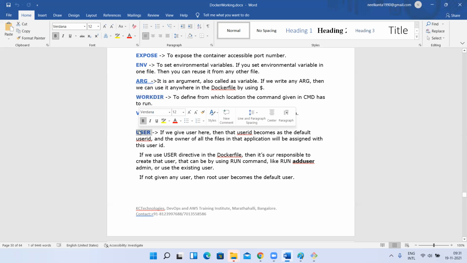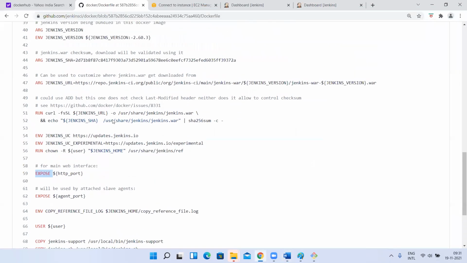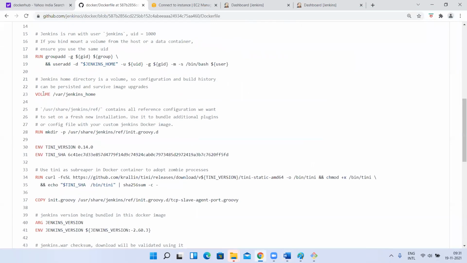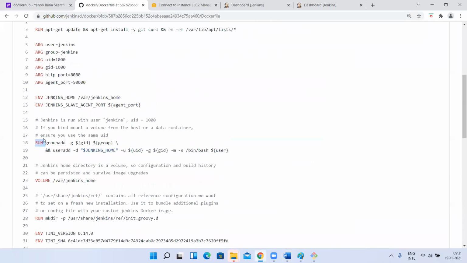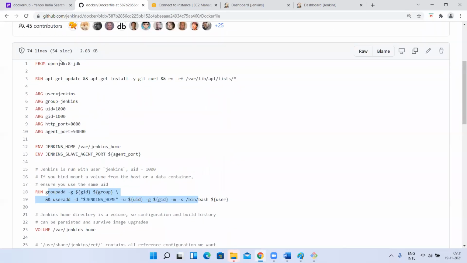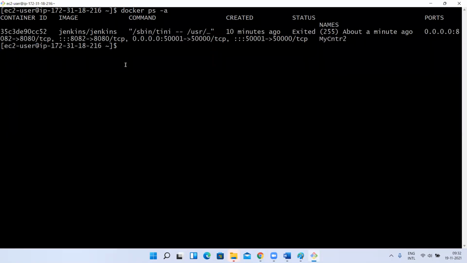Sir. Next, USER. See, the RUN keyword is there, right? Even in the Dockerfile, there are RUN keywords. So using RUN, all the commands you have passed will be executed on the base image. Yes or no? Yes, sir. If those commands have to be executed on the base image, there should be some user, right? For example, here, if I execute the ls command, using what user will it be executed? ec2-user.